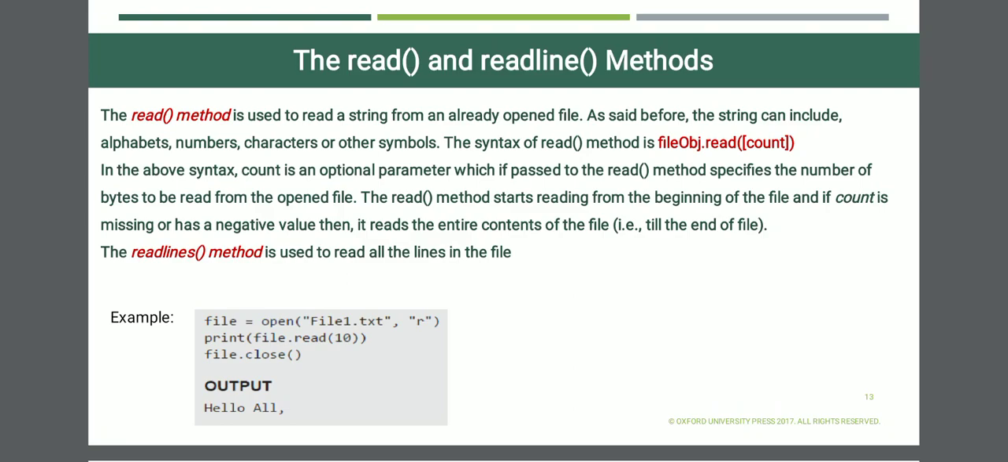So here is the example. The file object, also named file, is equal to open file1.txt in read mode. Next you read 10 characters of that file, including white space, special symbols, commas, operators, all things. And finally you have to close it. So here is the output, hello all. They have taken one file in which some data is present, and it will print only 10